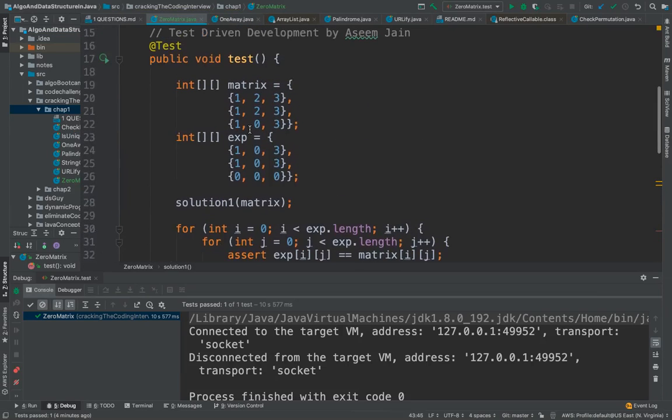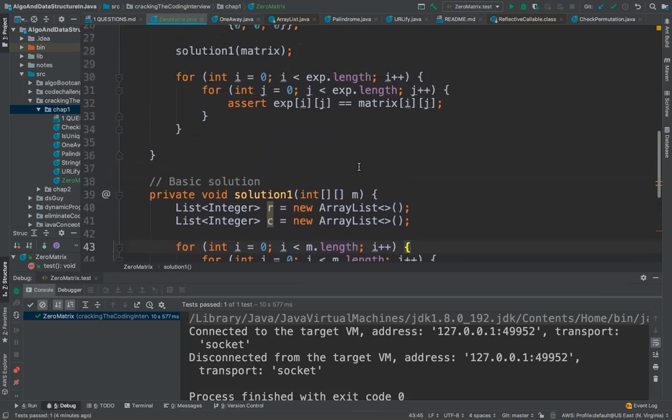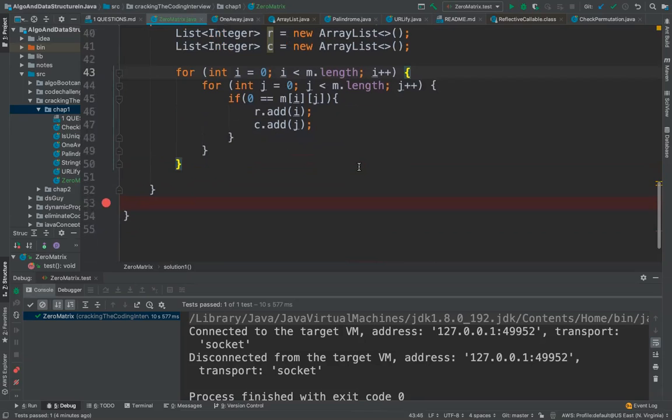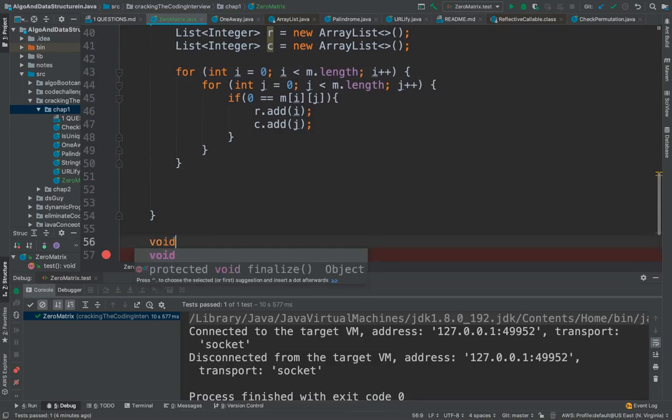In this case, probably this entire column and this entire row need to be nullified or zeroified. So now we need to write code which can do the zeroification for us. We can write a quick method which we'll call zeroify,